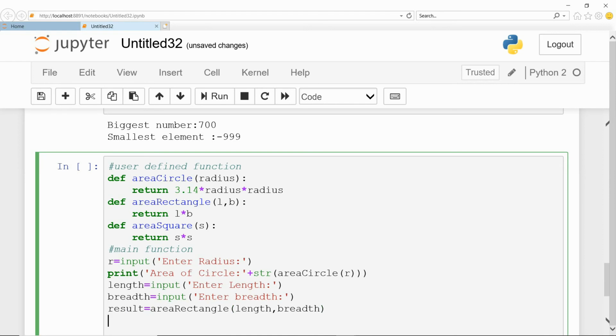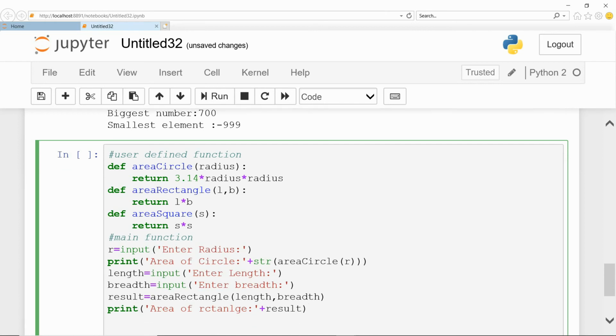Now display the result by using the print function, area of rectangle plus the area_rectangle you already called. The result is stored in the variable result, so you can display the result.